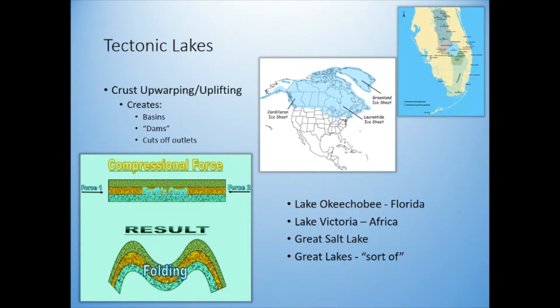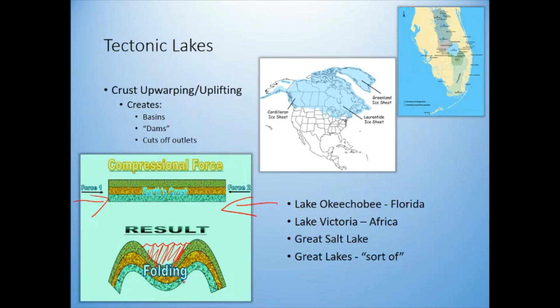Another type of tectonic lake is when the crust gets warped. Just like when the Earth's crust pulling apart can create a basin, if you press it together, a compressive force makes one portion of the crust crinkle together and you get a fold in it, and then this fills up with water and you get a nice lake there. So this can create basins like that.